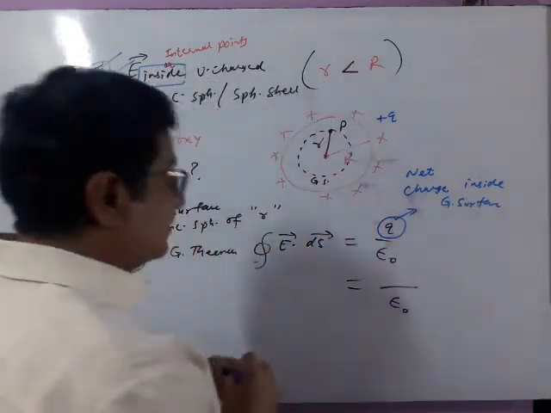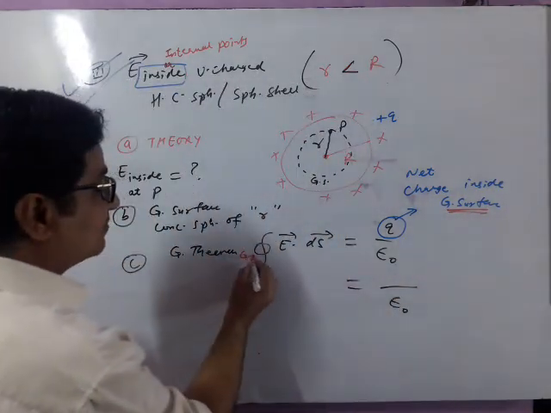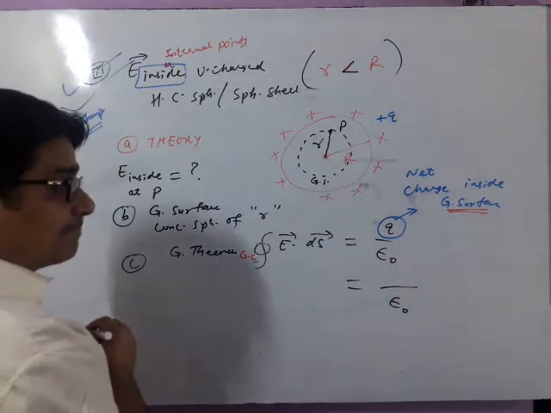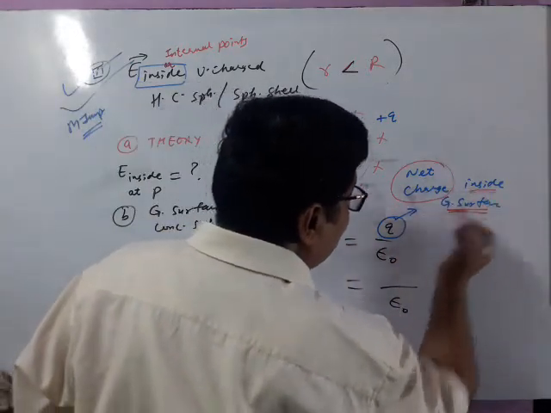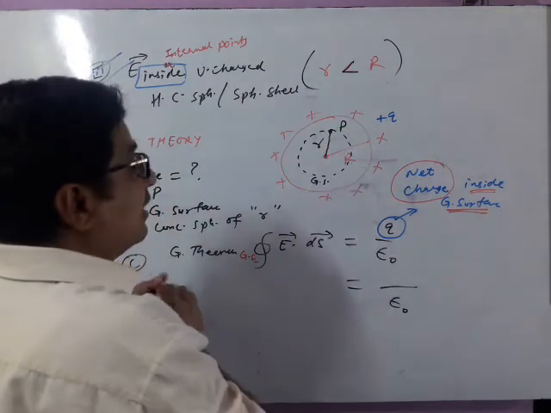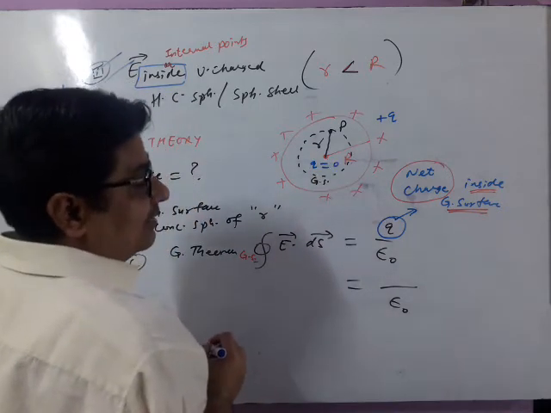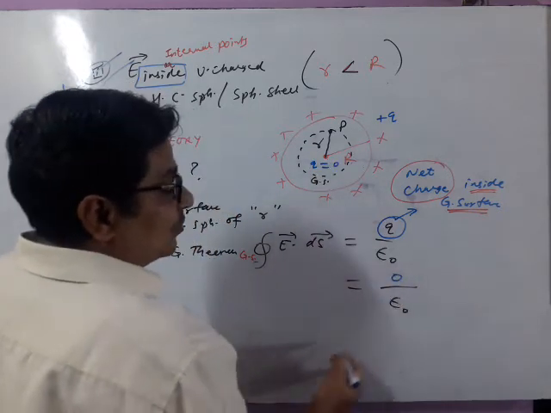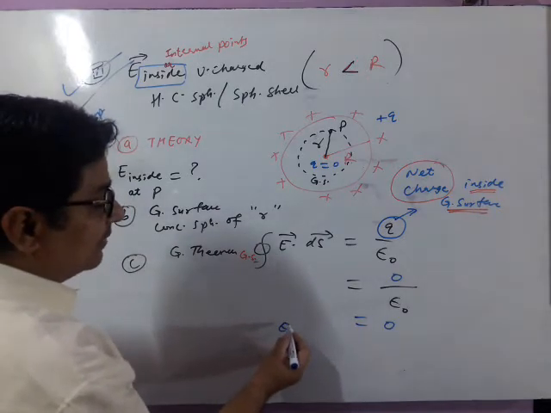Whatever Gaussian surface is considered for finding the electric field, you will have to input the charge which is inside that Gaussian surface. See, this is the Gaussian surface and there is no charge inside it, so it is 0. So the answer for the electric field will become 0